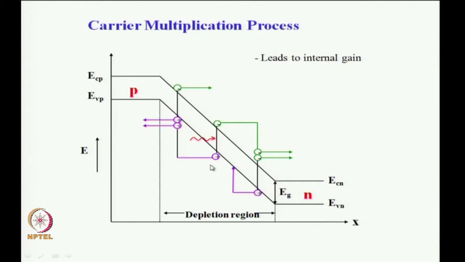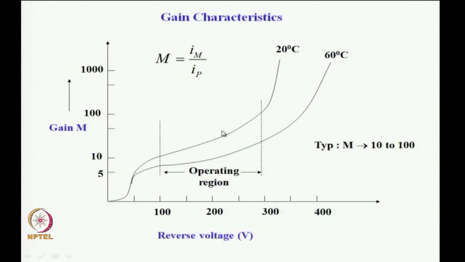So, I have shown just two events, one at this end and one here, but actually a large number of carrier multiplication events take place as the carriers travel up and down the potential energy slope. So, this clearly illustrates the increase in the number of carriers due to the avalanche process. The gain characteristic of a typical APD is shown here, reverse voltage, the numbers are here now, typically